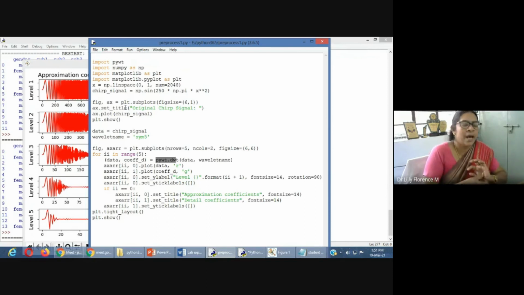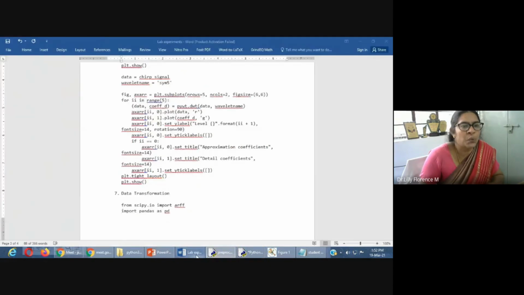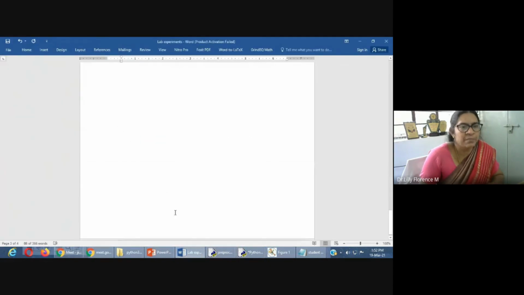Next, the last step, data transformation. That is, we are transforming all our data into an equal range. Mostly the normalization we will practice here is min-max normalization. Min-max normalization is very simple. Directly we can apply it on the data. Just I will show you the code for transformation.